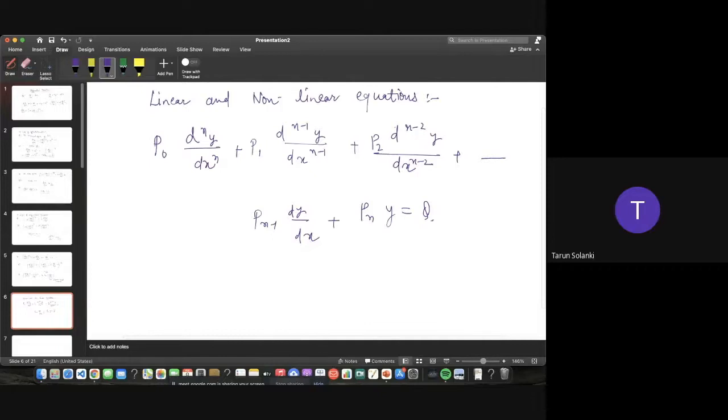So a differential equation is a non-linear differential equation if its degree is more than 1. First point is its degree is more than 1. Second point is any of the differential coefficients has exponent more than 1. Next is the exponent of the dependent variable is more than 1. It's also more than 1. And the last point, the products containing the dependent variable and its differential coefficient are present, right?